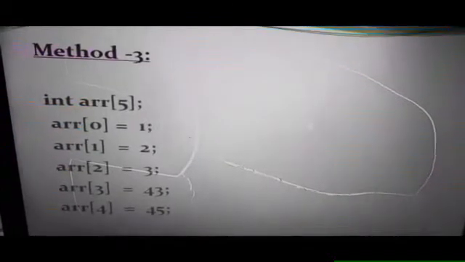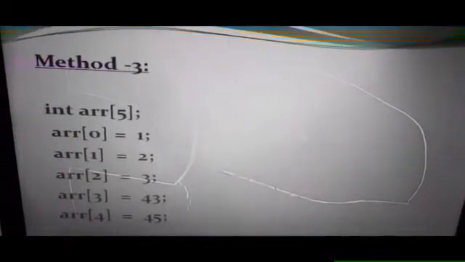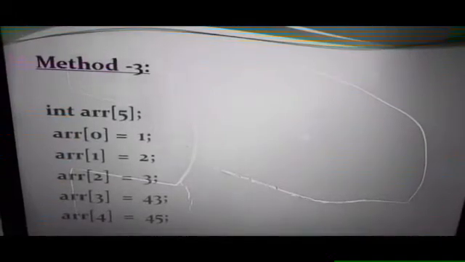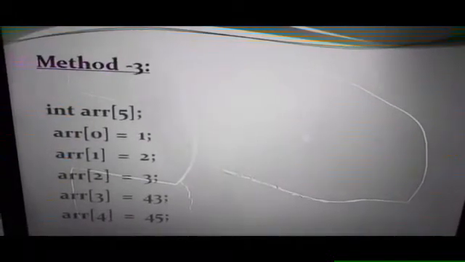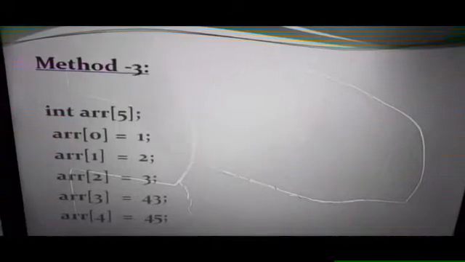Now let me discuss method number 3. And here is how it looks. You first declare the array, and in this case you have to specify the length. This is the only case where there is no requirement of specifying the length otherwise, but here in this case you have to specify the length, otherwise it will produce an error. Now here, one by one in these indexes, I am entering these elements. This is another way of initialization.